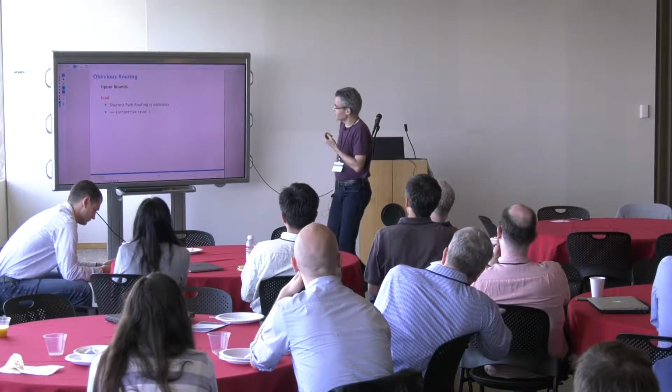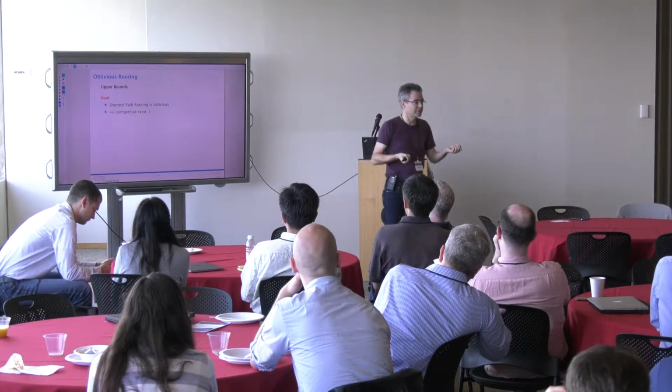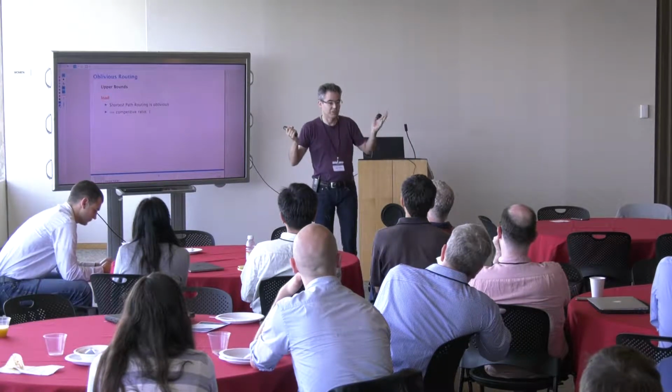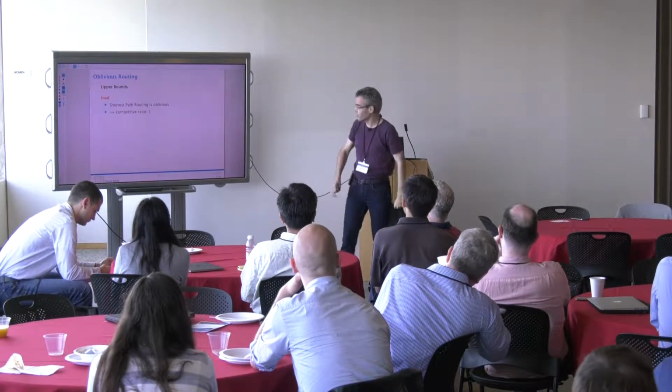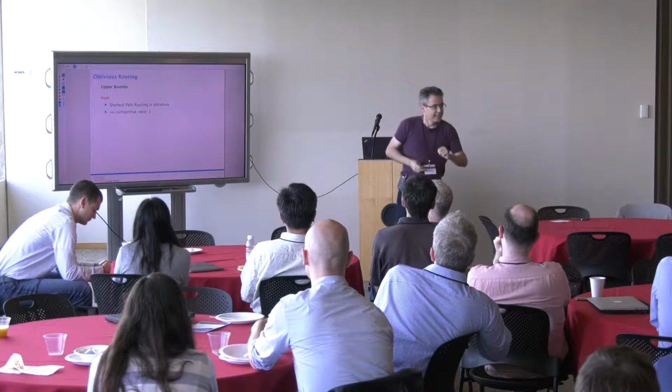And now what are the results here? If you look at load, okay, if you want to minimize load in an oblivious manner, you use shortest path routing. That's an oblivious routing scheme. Shortest path routing is oblivious, so it's trivial. You get a competitive ratio of 1. So this is a little bit boring. Now, if you look at